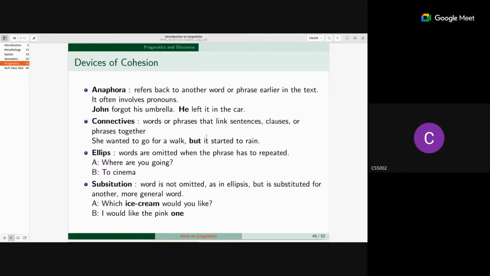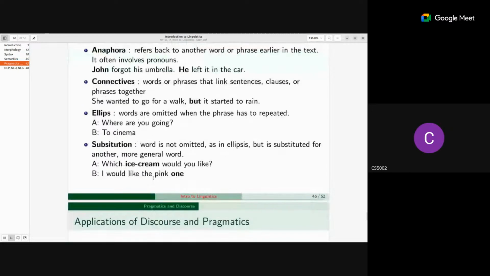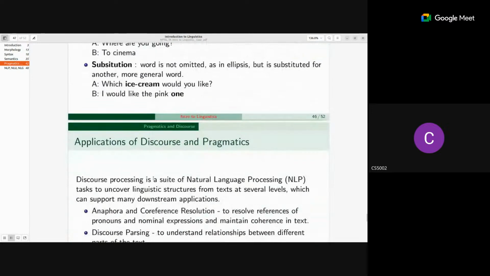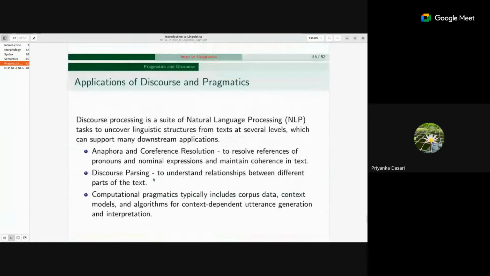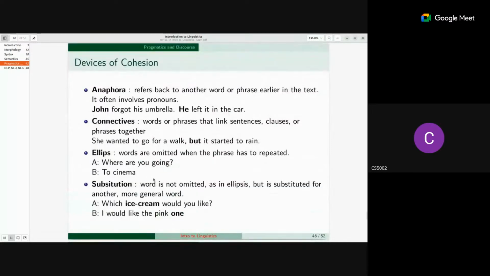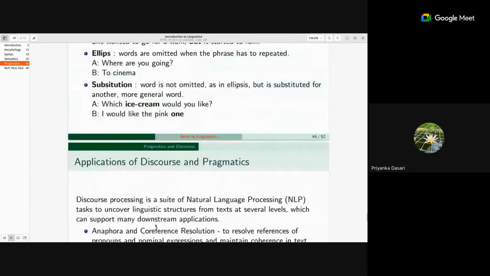Sorry to interrupt, Priyanka. I was just saying maybe some portion can be covered in the next week as well. Yeah, I'm done, ma'am. Only this slide is done. The content might come in week 2 and onwards, right? So keeping that in mind, you can decide. Okay, I'm done. Actually, this is the last slide.